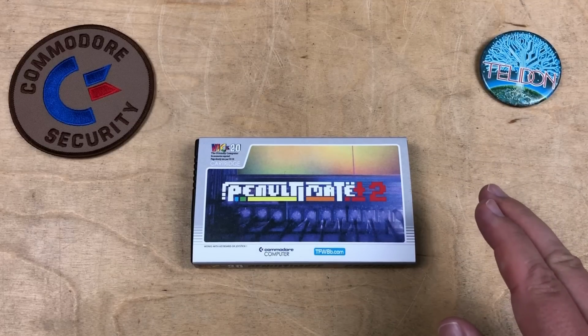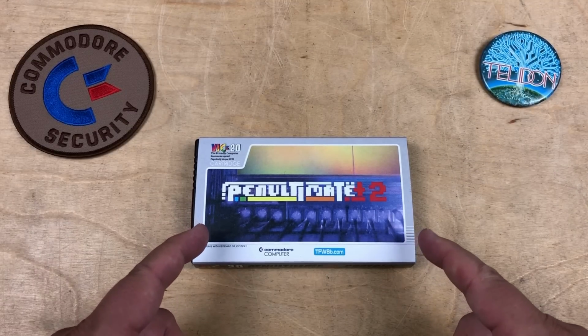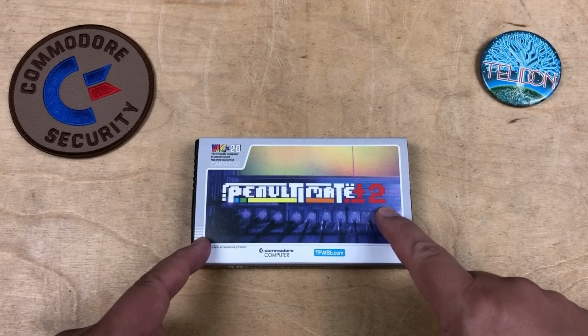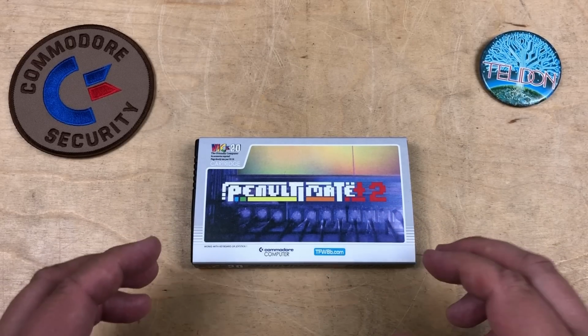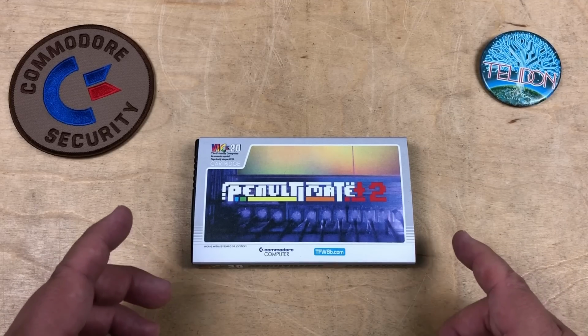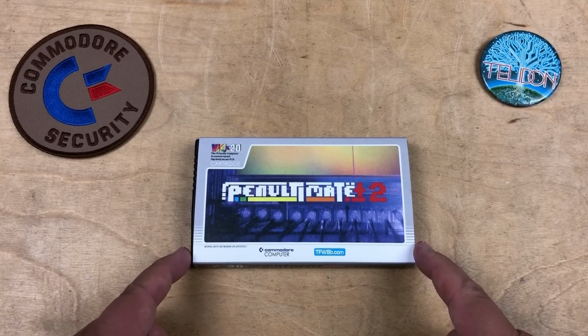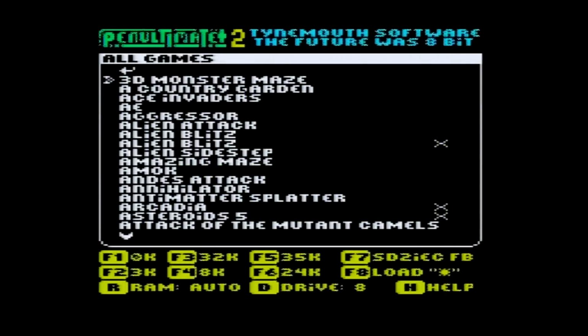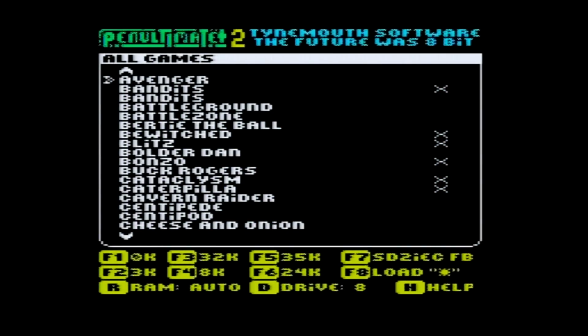Hi, it's Robin. I've got here a brand new cartridge for the Commodore VIC-20, the Penultimate+2. It was designed and developed by Dave Curran of Tynemouth Software and produced and distributed by Rod Hull of The Future Was 8-Bit. It contains over 200 games made over the whole history of the VIC-20, from those made in